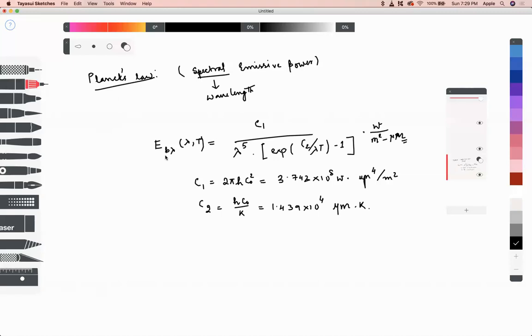The good thing about this is that the Stefan-Boltzmann law and Planck's law kind of prove each other. So if you just integrate Planck's law for all possible wavelengths, starting from 0 till infinity, with d lambda for one particular wavelength. What I'm trying to say is that, see, if I have